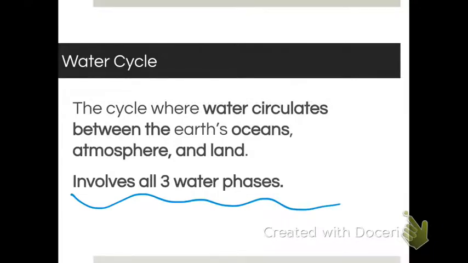Water is very unique in the fact that it's one of the very few materials that exist in all three phases. Now, what are these three phases? It's a solid, liquid, and a gas. So solid water would be ice, liquid water is just water as you would drink it, and then gas would be like the water vapor that's in the air that's all around you, but you can't even see it. Or sometimes you may see it when it's foggy outside. So because water can go into all those three phases in very natural conditions on the earth, that's why we have the water cycle, and that's also a really big reason of why we have life.